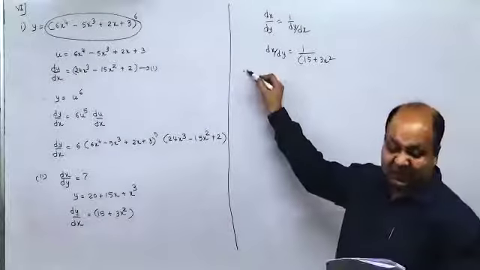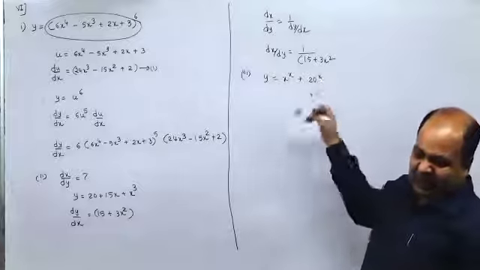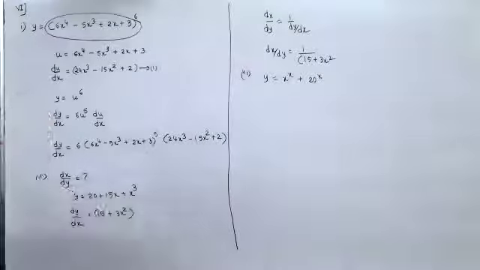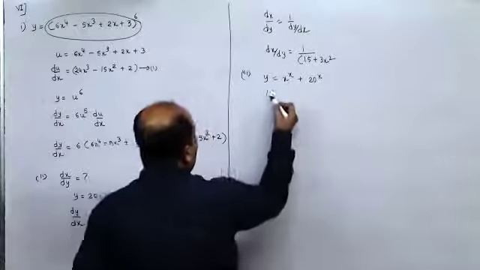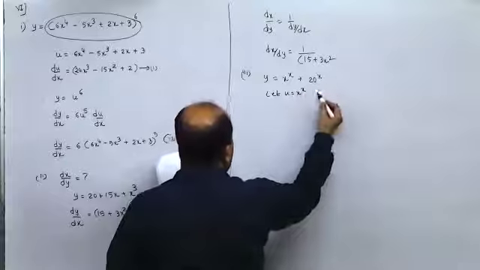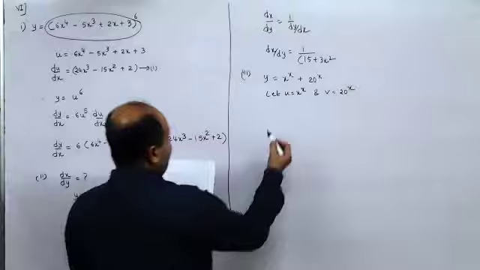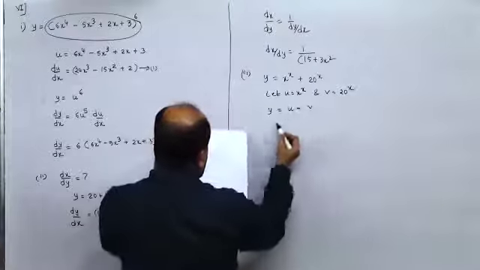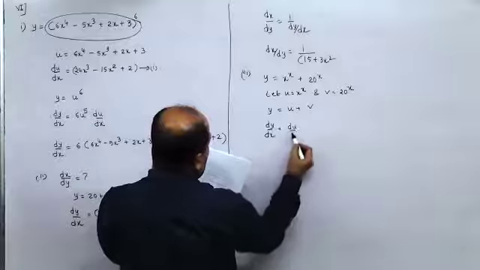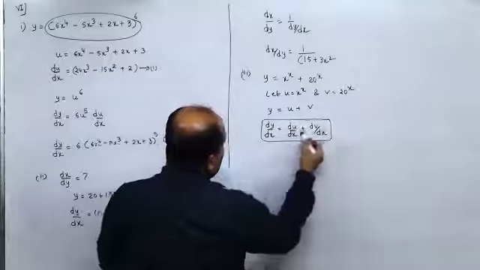Similarly, for the third one, y equal to x raised to x plus 20 raised to x. Now here you need not have taken u and v here. Instead, we could have directly differentiated v over here. But what they have done is, let u be this x raised to x and v be 20 raised to x. They have solved it separately. So y is u plus v, they have said. Therefore, when you differentiate, you will get dy by dx equal to derivative of u plus derivative of v. And now we have to find these two separately.